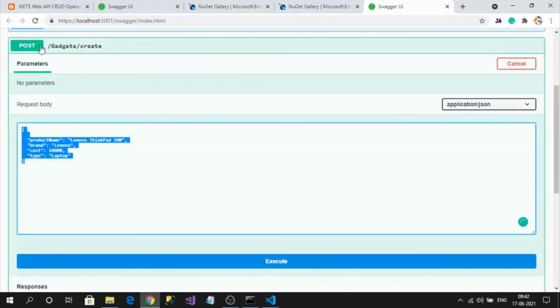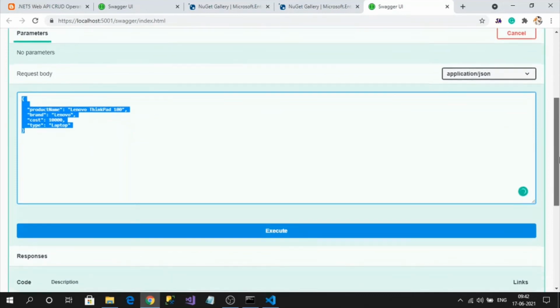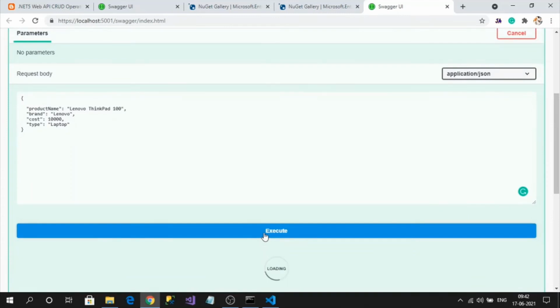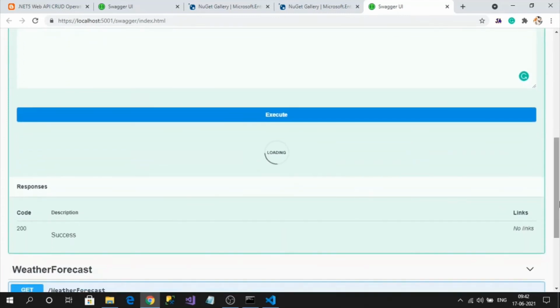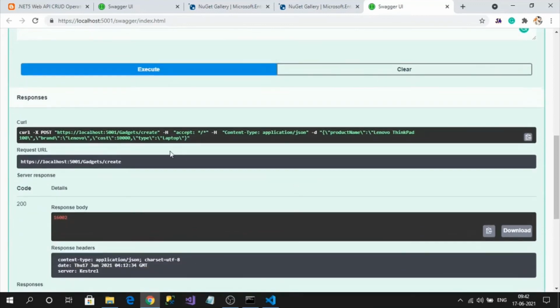This is a POST request, you can see here. So let's execute it. See, POST request, 200 status, and in the response body we see the ID, our new record ID, right? That means our create action method is successfully executed.